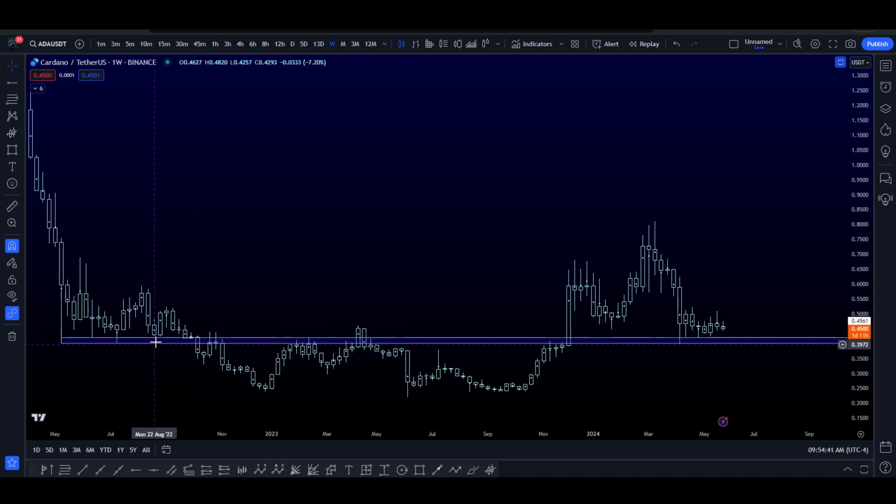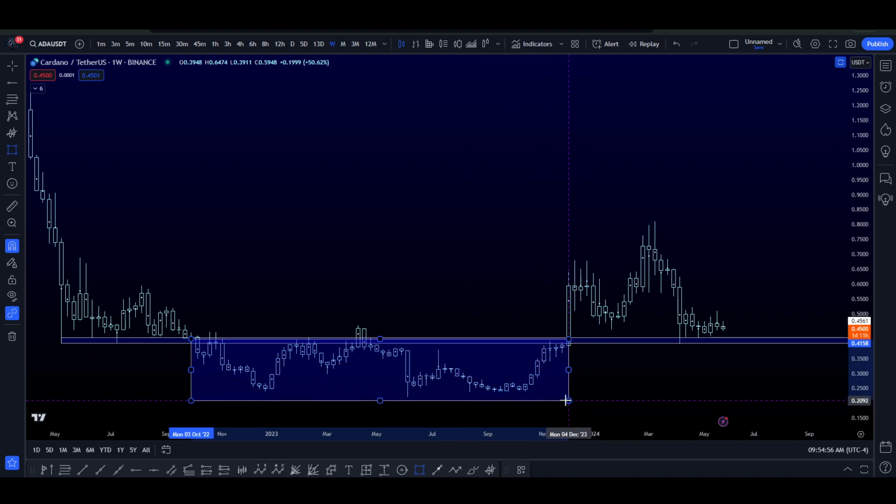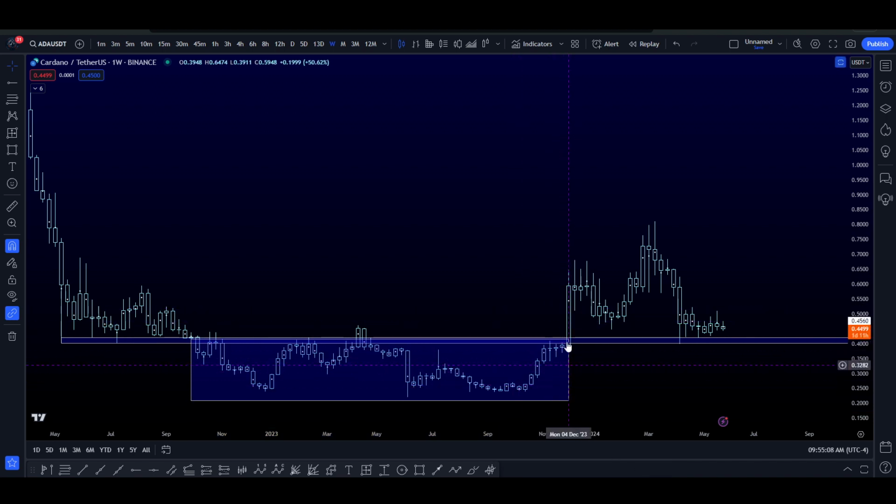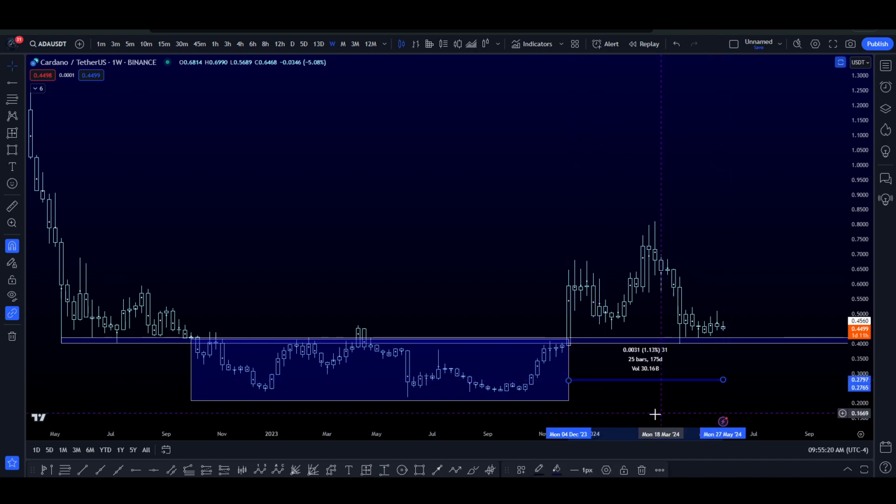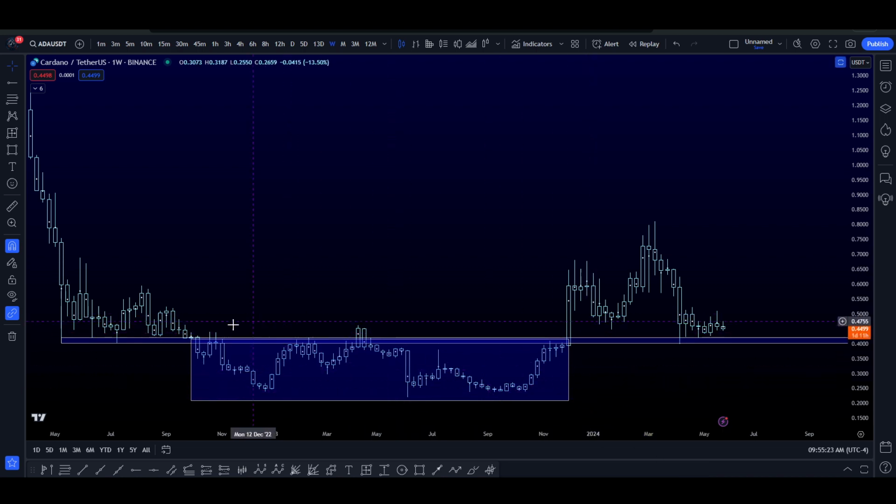So this support and resistance level is very key because, as you can see, it held for a little while in 2022, failed, and then pretty much for an entire year was trading below this range, right? This level. So this was pretty much a nice accumulation phase, which lasted quite some time. Let's see exactly how long it lasted. About 427 days, right? Now we broke above, we flipped that resistance into support, and we are now trading above this support level once again for quite some time, roughly about 175 days, which just shows us signs of strength.